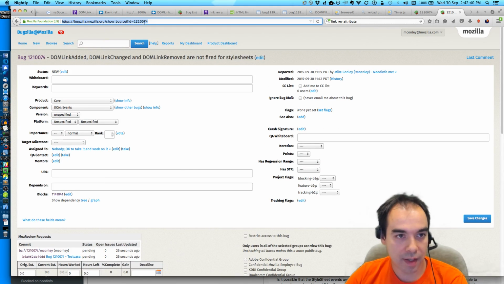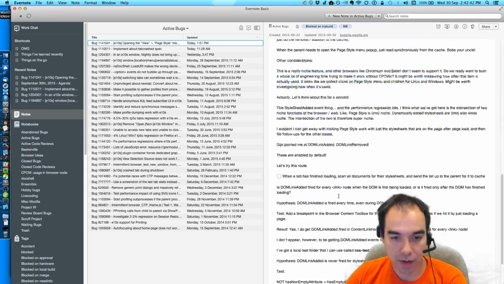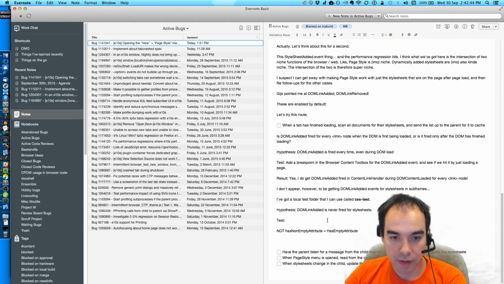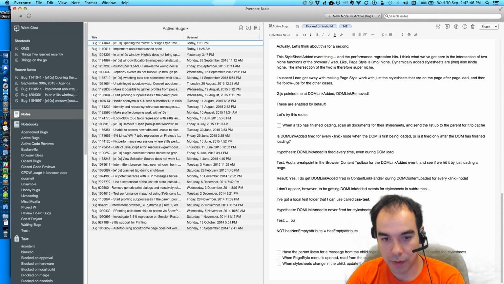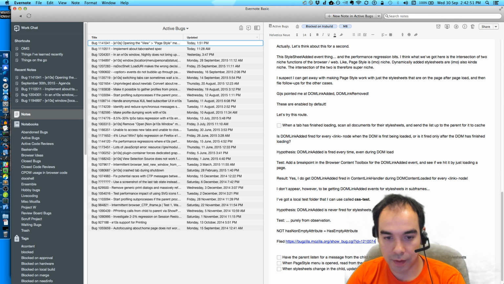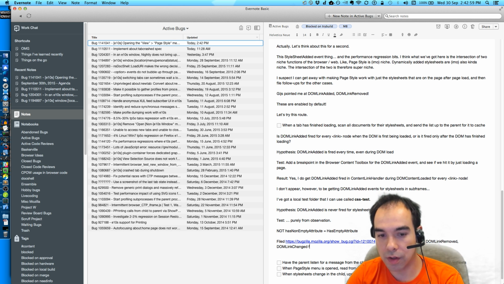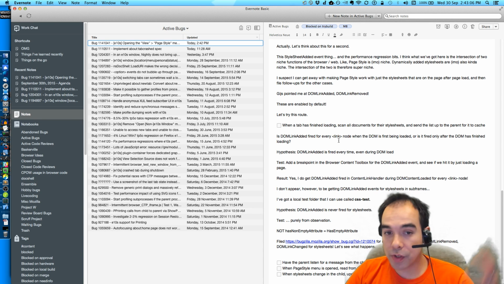So we filed this, purely from observation, for not firing DOM link added, DOM link removed, DOM link changed for style sheets. Let's see what happens, because maybe there's a good reason.